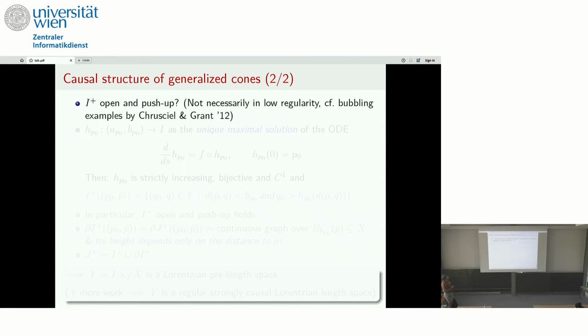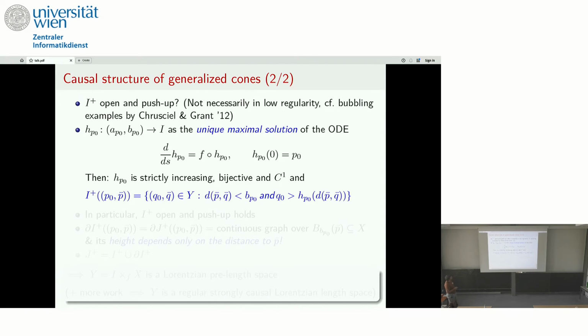So then the question is, is the future of a point, or the time-like relation, open, and does push-up hold? So push-up is saying that if you have a time-like curve and then a null curve, do you have a time-like curve connecting the endpoints, which holds in every smooth spacetime but fails for spacetimes of low regularity? And actually, yes, this is true here, because you can write, so I think for time reasons I will skip the details, but basically you can write the future of a point quite explicitly via this ODE here. So in particular, it's open and push-up holds, and this was actually also a new result for continuous Lorentzian manifolds,